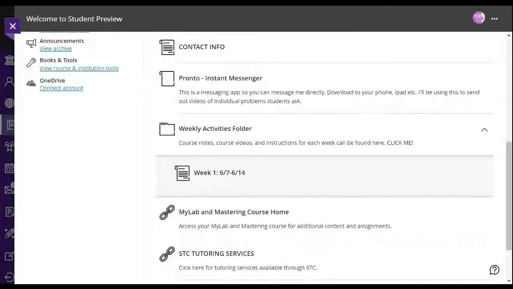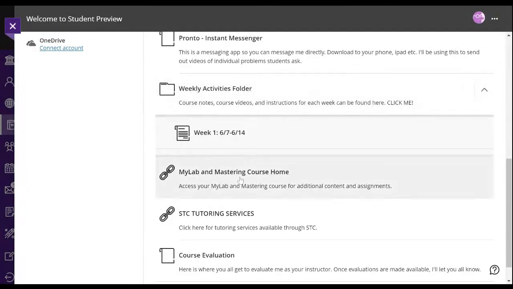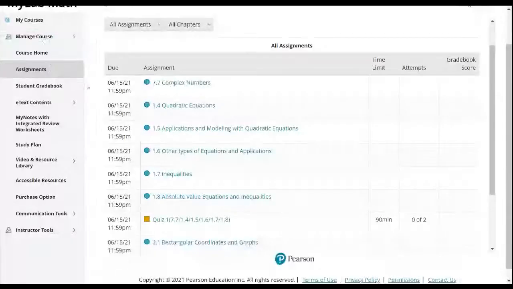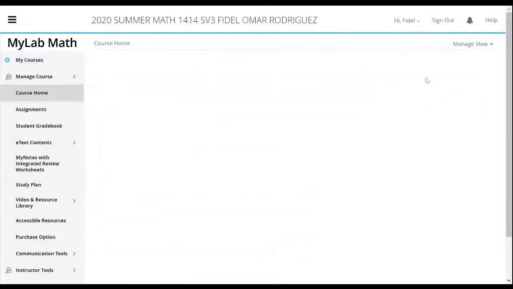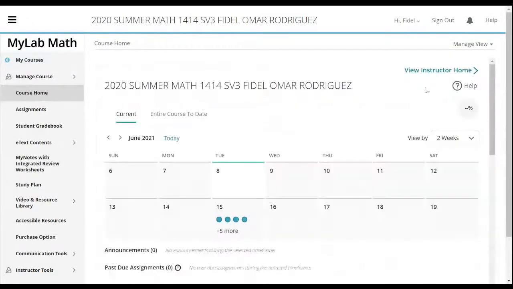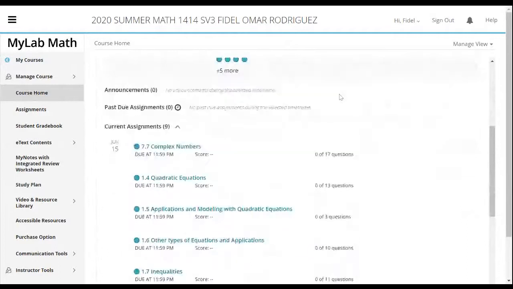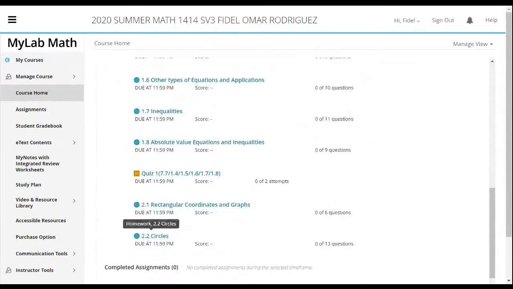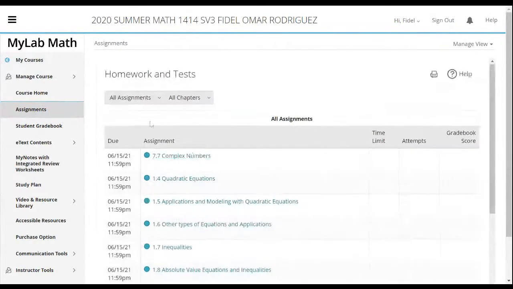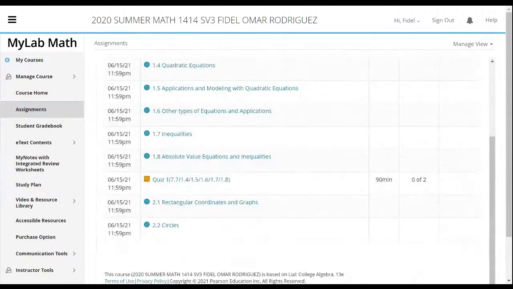And so again, guys, when you're here on our content page and you click on the My Lab and Mastering Home link, once you click this link here, it is going to send you here to My Lab. Let me put it so y'all can see, this is what it looks like from your perspective. And if you just scroll down, you can see the assignments right here, right? You can see them here, or you can click on assignments, and they'll all be right here. And again, guys, the one thing I really wanted to mention is you'll always know what the due dates are by looking over here on the left side, right?